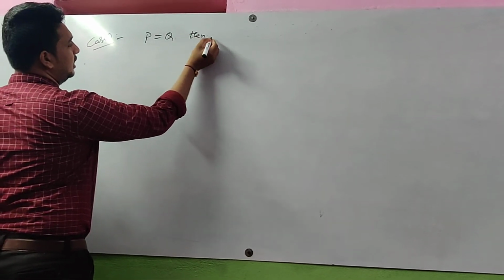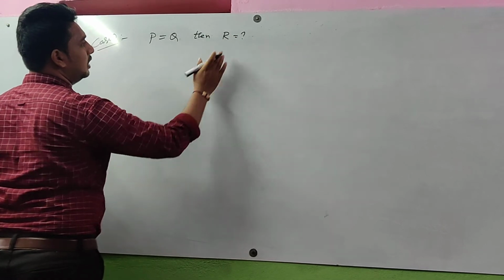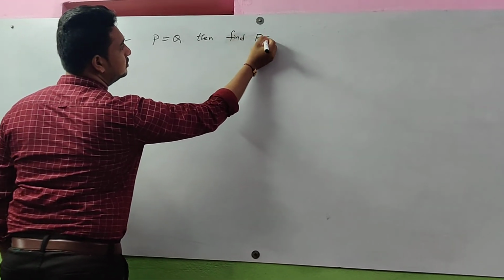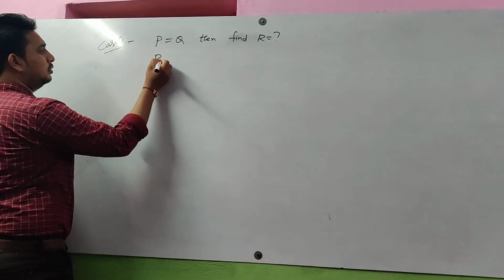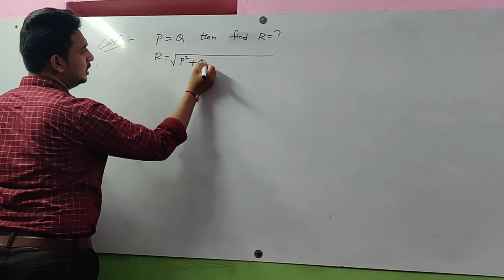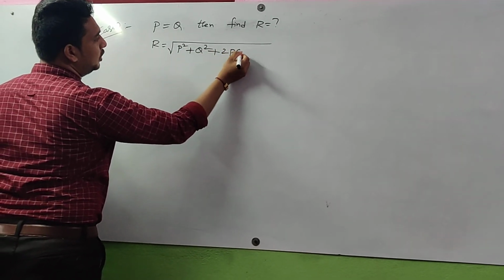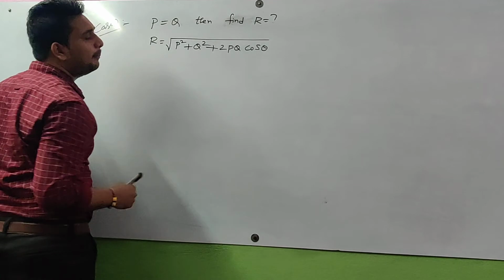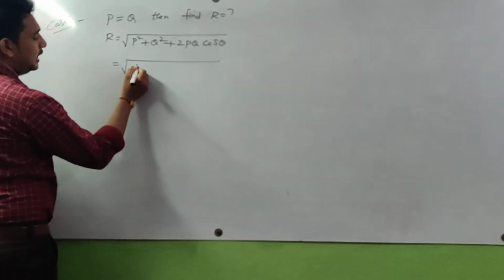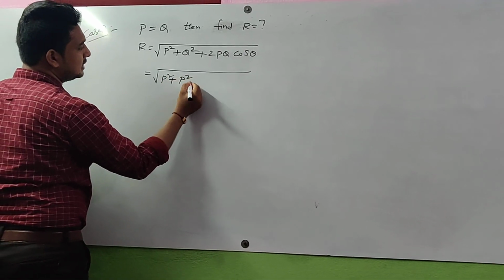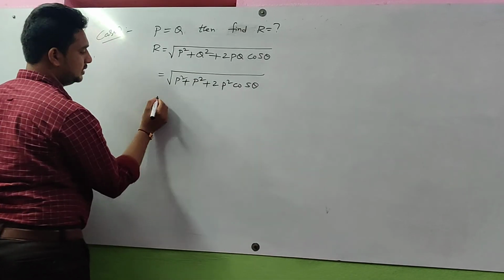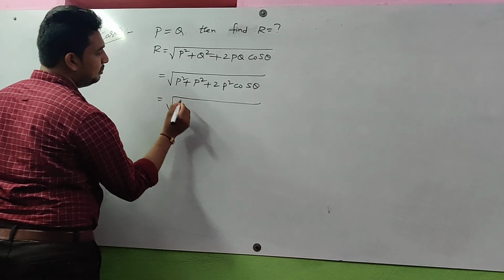Then find the R value. Here R is the resultant of vectors, R is equal to square root of p square plus q square plus 2pq cos theta. P is equal to Q is given, that's why we substitute: p square plus p square plus 2p square cos theta. Then what we get here, p square plus p square,